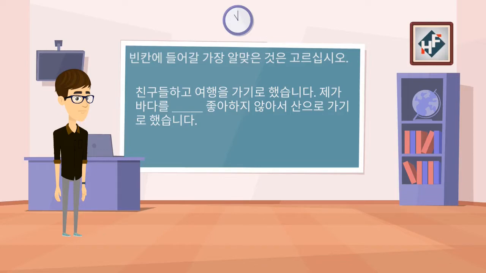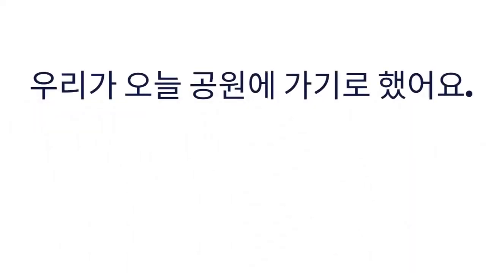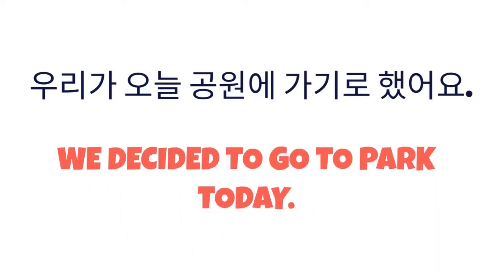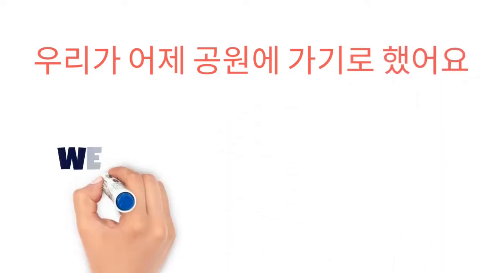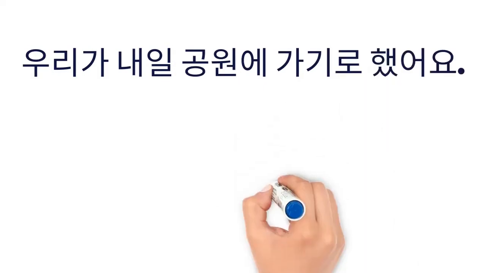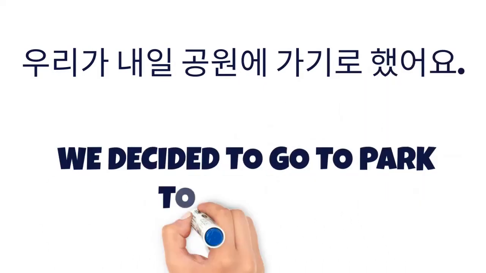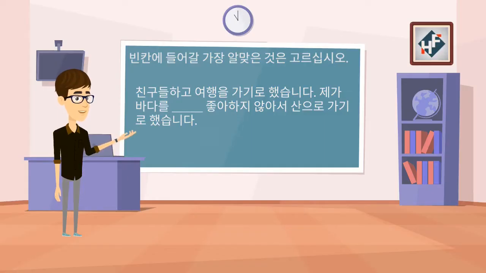For example, 우리가 오늘 공원에 가기로 했어요. We decided to go to the park today. Or 우리가 어제 공원에 가기로 했어요. We decided to go to the park yesterday. 우리가 내일 공원에 가기로 했어요 is we decided to go to the park tomorrow. So ganun lang palitan yung mga tense. And also yung hada ay lagi nakakonjugate in the past tense since the action was decided to be done in the past. Okay? So you can also use this form when you want to say that you decided not to